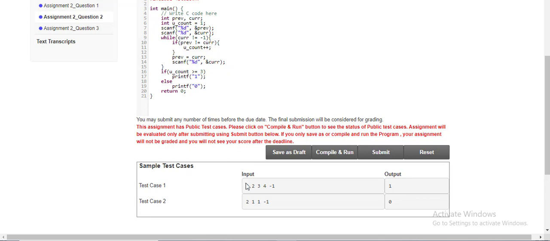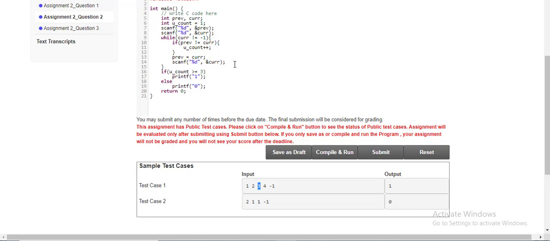Here 1 is our previous element and 2 is our current element. We are checking if they are not the same, then we increment the count, and now our current element becomes the previous element, and the next element we take from the user. Now our previous element is 2 and the current element will be 3, and again we check if the current element is not -1.